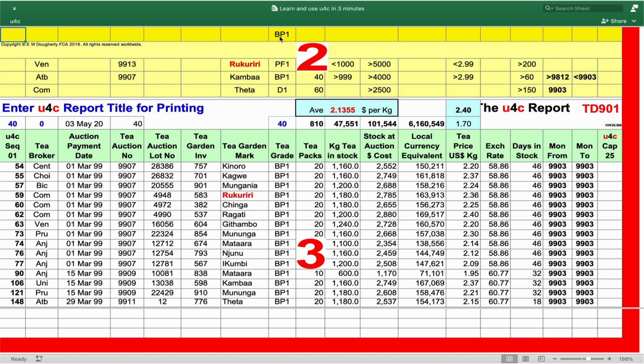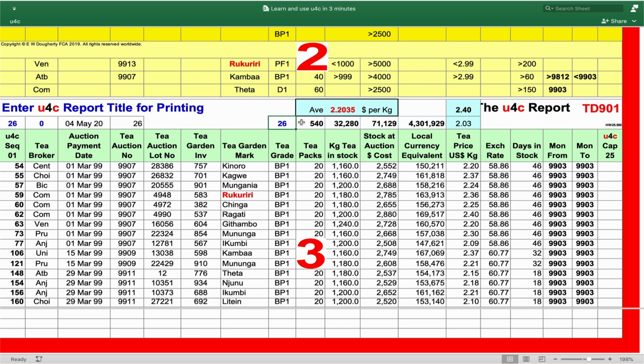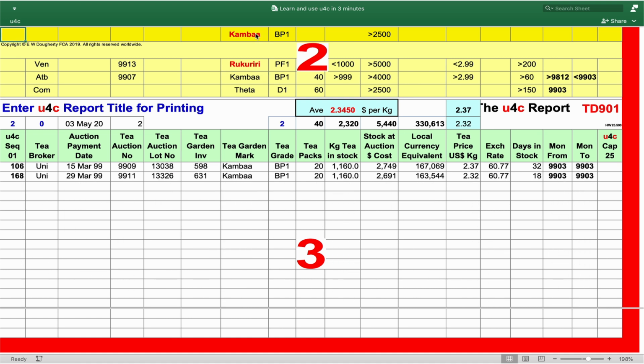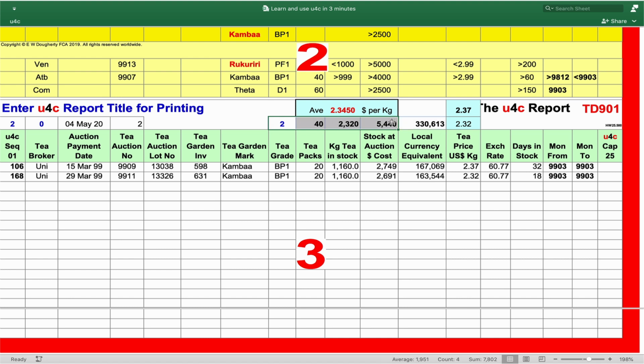But of those Ts, how many of those batches are valued at above $2,500? Enter 2,500 into the u4c Q-bar, u4c the file, and there we see 26 batches comprising 540 T-packs, and so on. How many of those Ts are CAMBAR Ts? CAMBAR, enter that on the u4c Q-bar, u4c the file, and there are only 2, 40 T-packs, 2,320 kilograms of